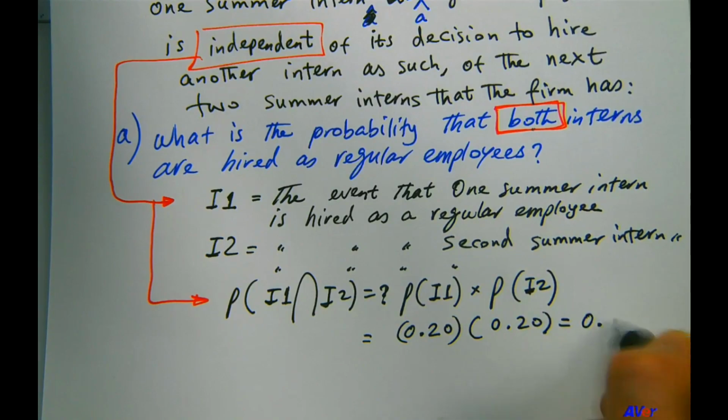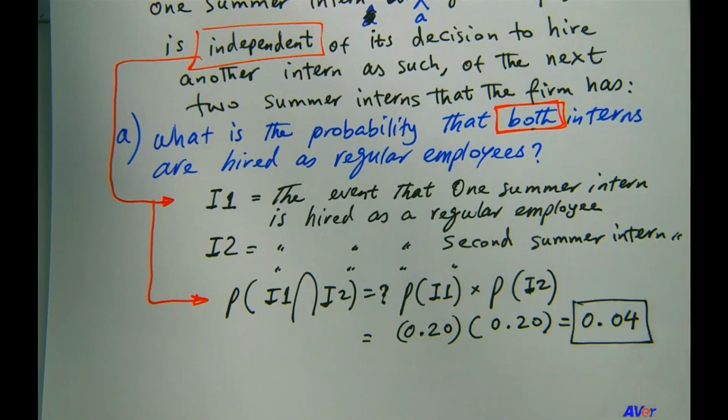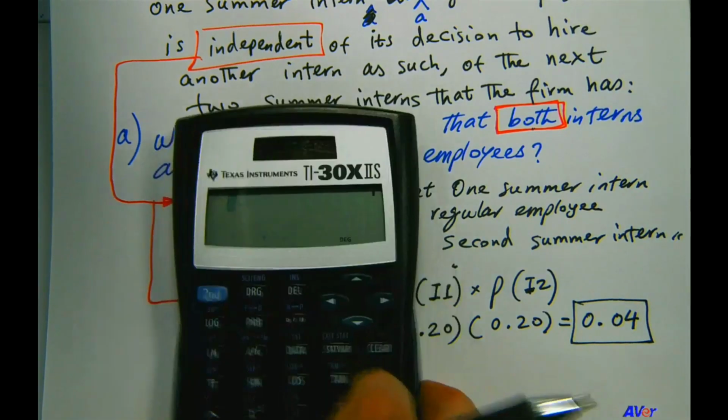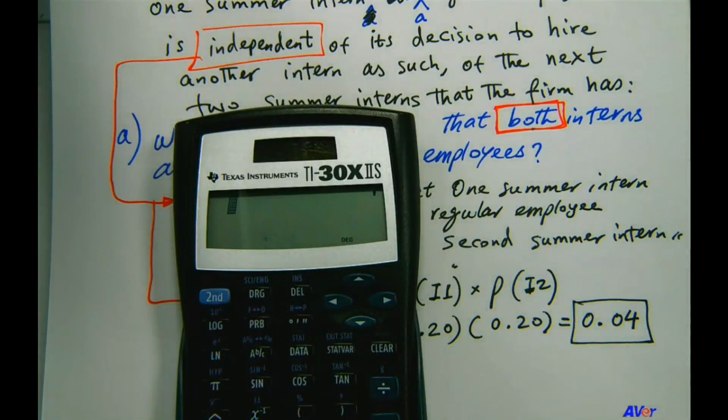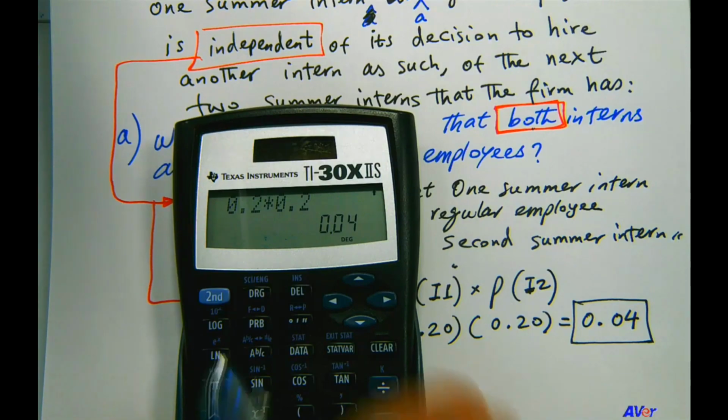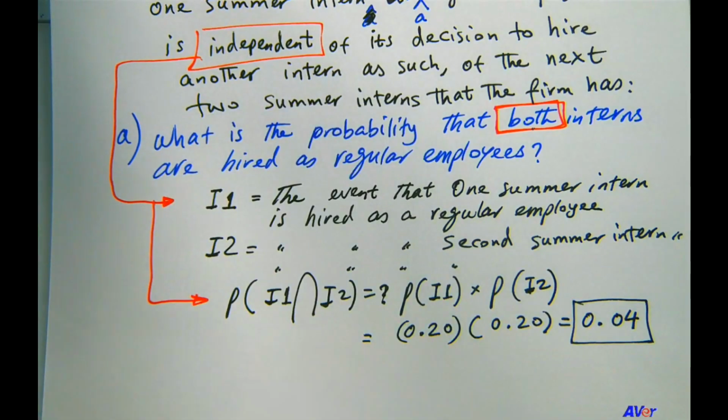We have 0.04, right? That's the probability that both of them get hired after the internship as a regular employee. So 0.2 times 0.2, we have 0.04. Okay, so part B,